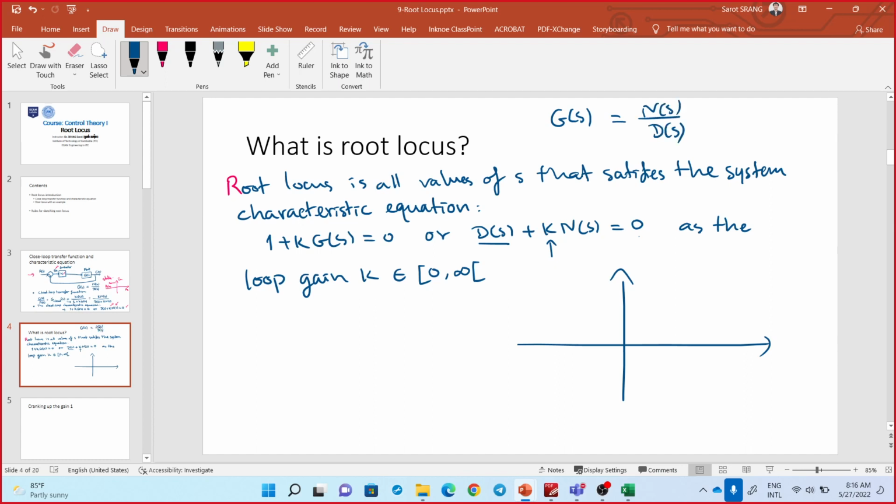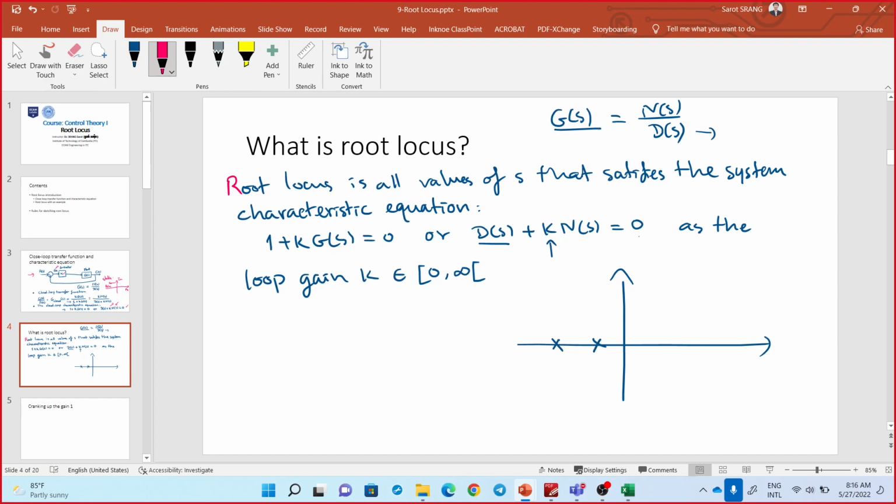So if k equals 0, d equals 0 means the s that satisfies d of s equal to 0 is the pole of this g of s. Let's say the poles are all real numbers, so you just illustrate the poles like this, and then if you choose another value of k,